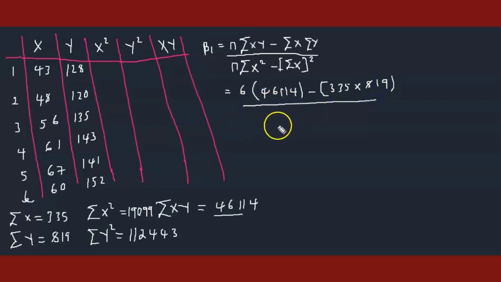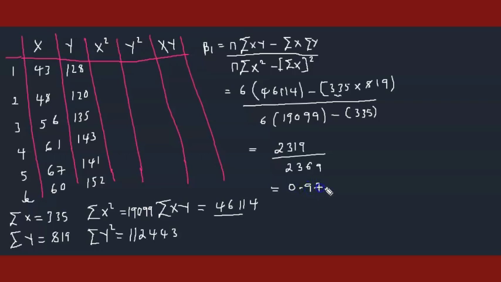Everything divided by 6, divided by, here you have a minus this one, summation of x squared, like that. So when you compute the top part, your calculator, you must get this, then divided by that, then this will just be equal to